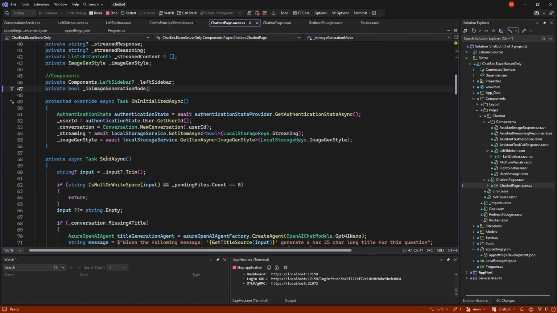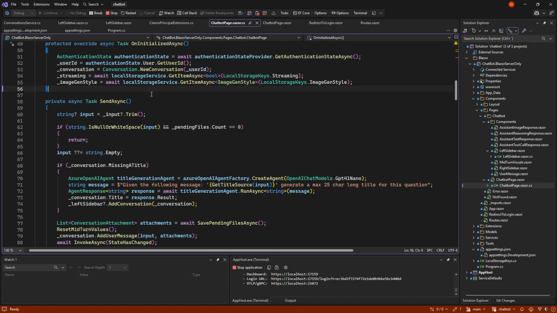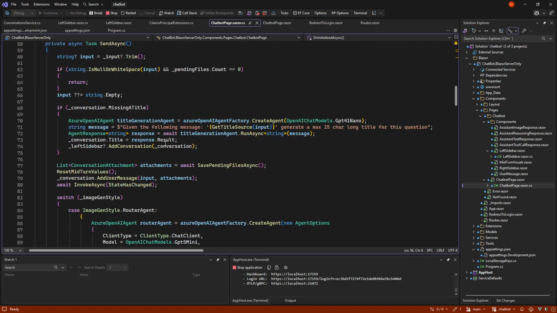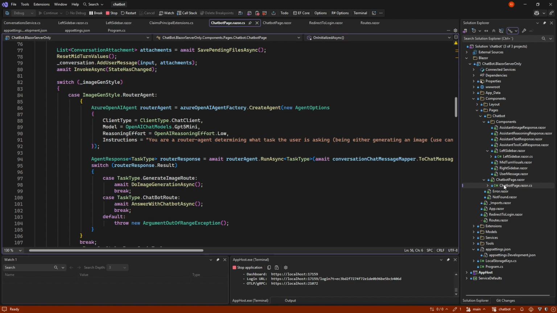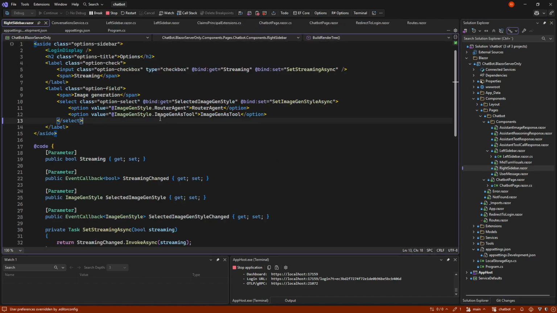Beyond that, of course, when we make a new conversation, we put in the user ID, nothing special there. And when we go in and make the right sidebar, we have a little extra thing up here where we have the login information.